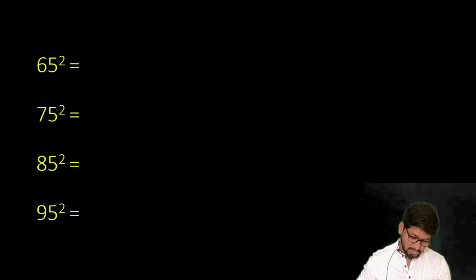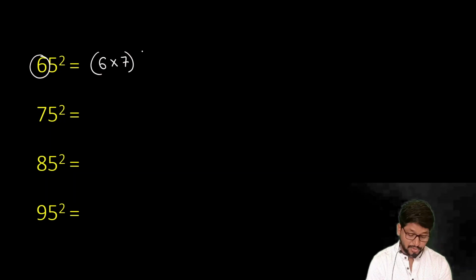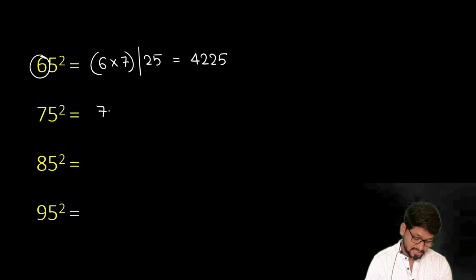We'll see some more questions. 65 square. So other than 5 we have in this number, that is 6. Successor of 6 is 7. Find the product and add 25 at the end. 6 7s are 42, 4225. And 7's successor is 8. Multiply 7 and 8. At the end you add 25. It will become